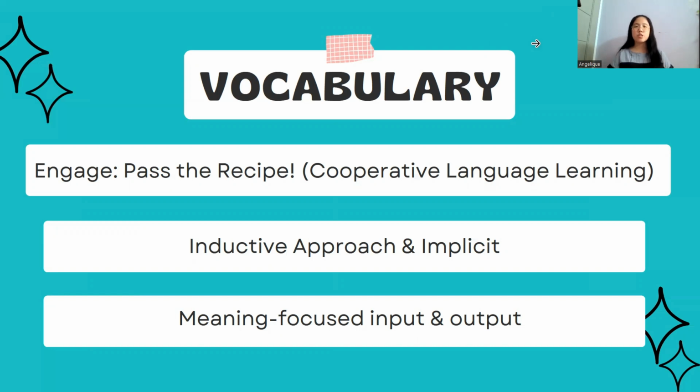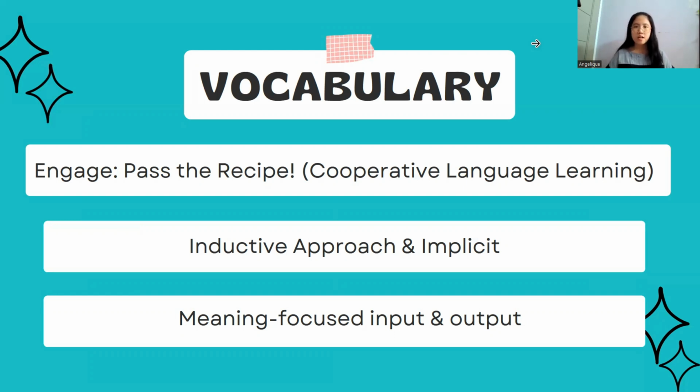Each step must include sequencers or connector words, often used in process essays. At the end of the game, I will ask them to review the vocabulary by mentioning one step consisting of one verb and one object related to the recipe and also saying the sequencer used. Besides focusing on vocabulary, the Pass the Recipe game also gives a brief concept of process essay in terms of structure